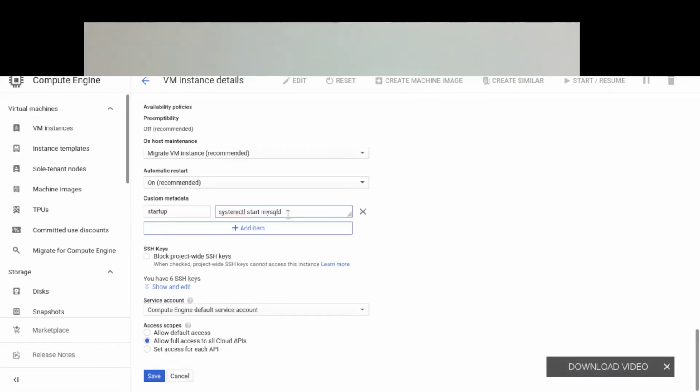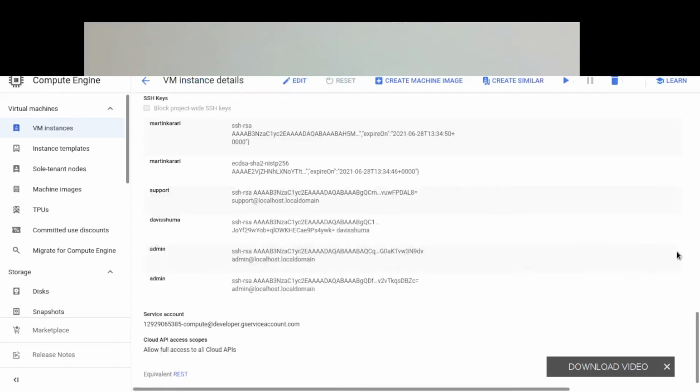After you have entered your command there, you just need to come down here and click on save. For me, I'm going to click on cancel because I don't want to run this command. It's going to refresh your page.